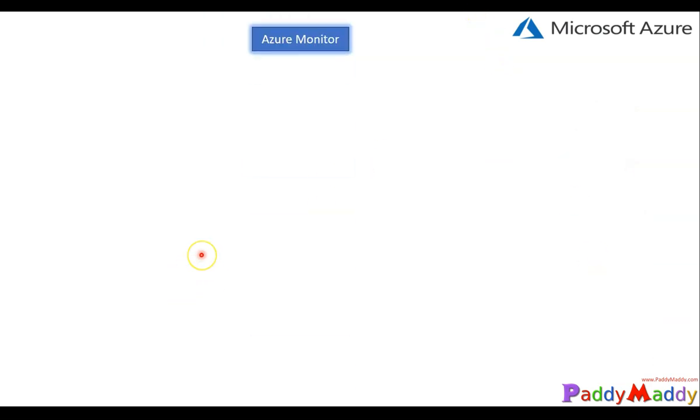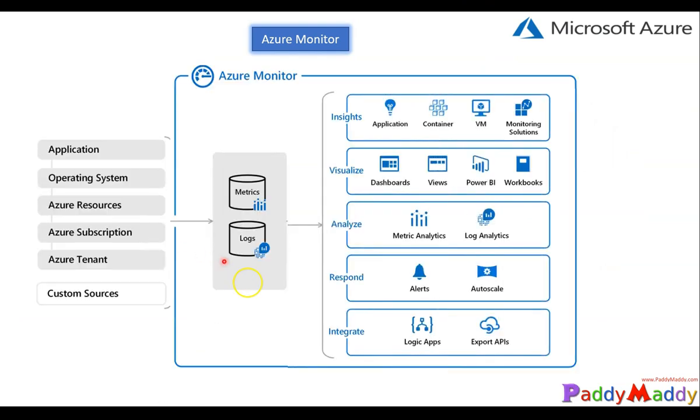That's what we are going to try as the overall. And let's understand this further. We have gone through all these custom sources and applications, the different sources of data, and these are categorized under metrics and logs. So what would happen is you have a total of 5 different categories within which this specific data will be